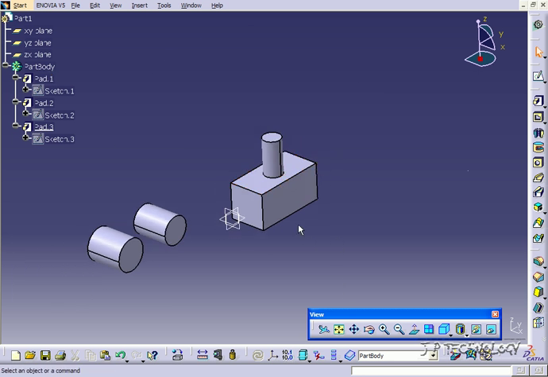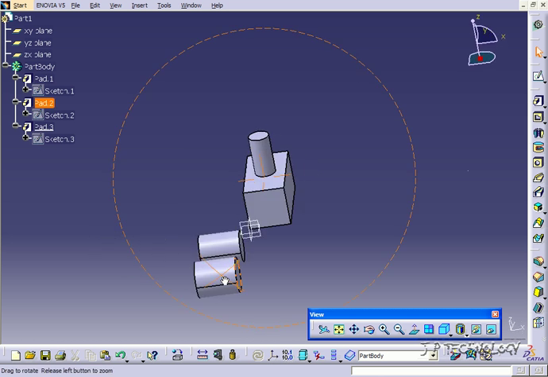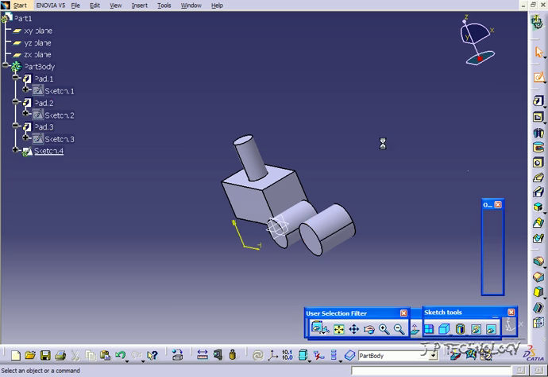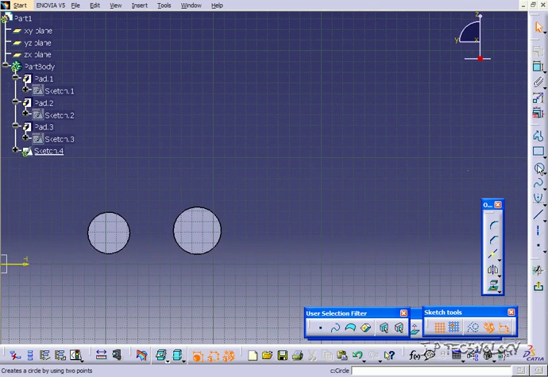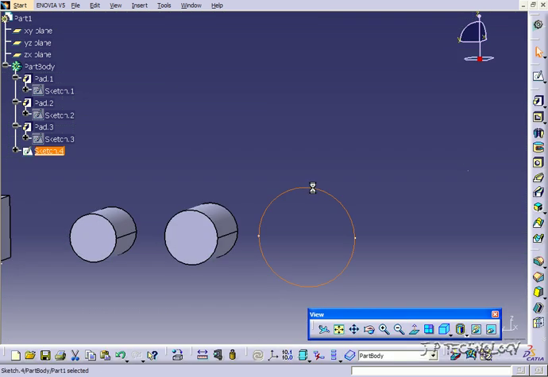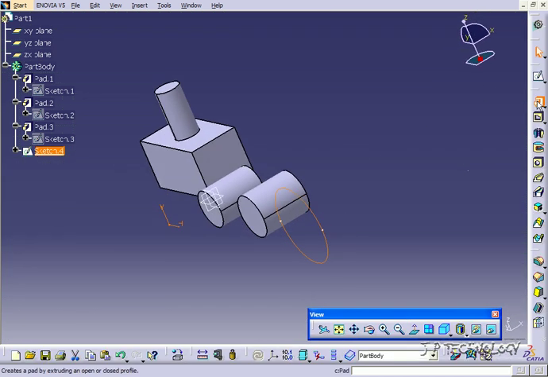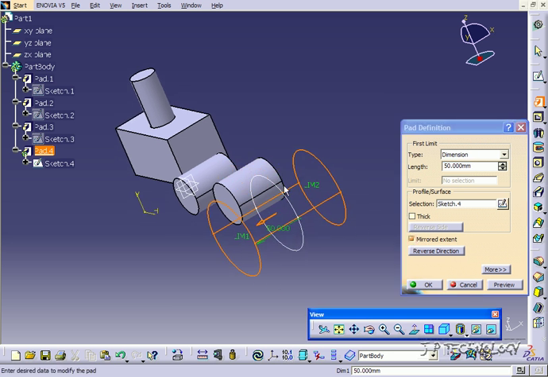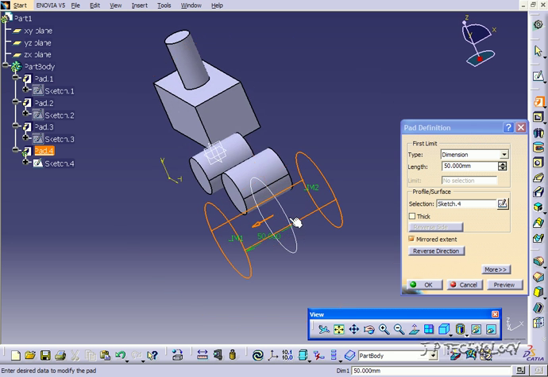So now let's click this face here, click Sketch, and let's draw a circle over here. Don't worry about the dimension, and let's extrude this one out. Let's click Pad, and now what we're going to do is we're going to make a mirrored extent. So let's click Mirrored Extent, and what that does is it makes the profile or the sketch that we have,